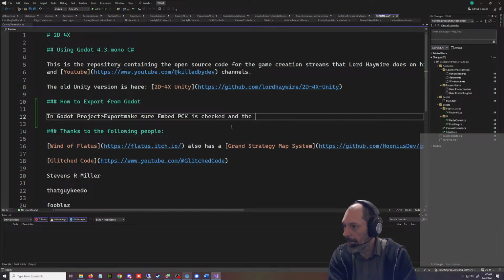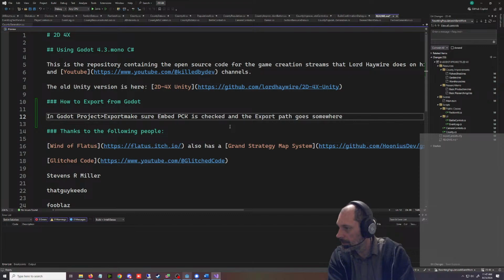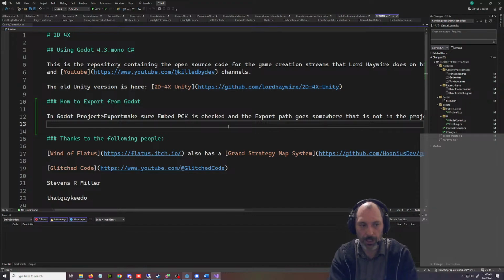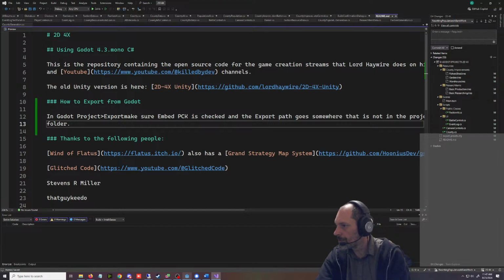And the export path goes somewhere that is not in the project, because I was having this go into the project for a while and it would mess things up. It is not in the project folder. So there was that,